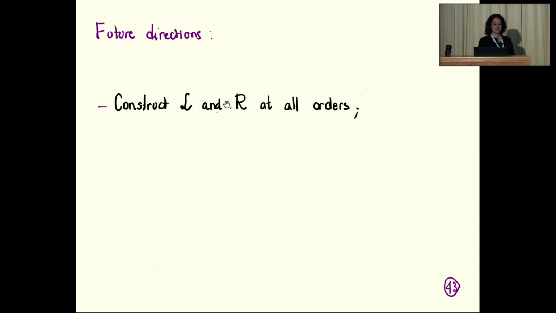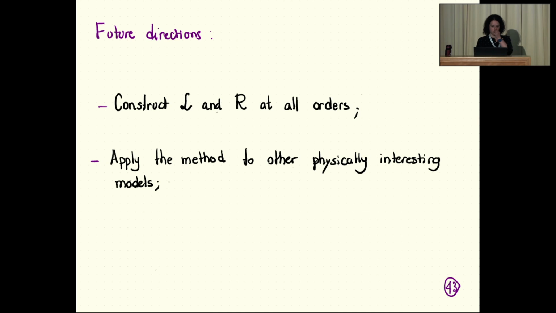So we are really hopeful to find some functional way to write some closed formula for the Lax and the R matrix. If you just keep doing order by order, you find larger and larger objects. So we would like to find a way to factorize nicely these extra terms in a way that maybe we can see something, but we don't know yet. It would be nice to have this at all orders. Also, now we could apply it to some physically interesting models. If anyone wants to try to get a long range, that could be interesting for many areas.